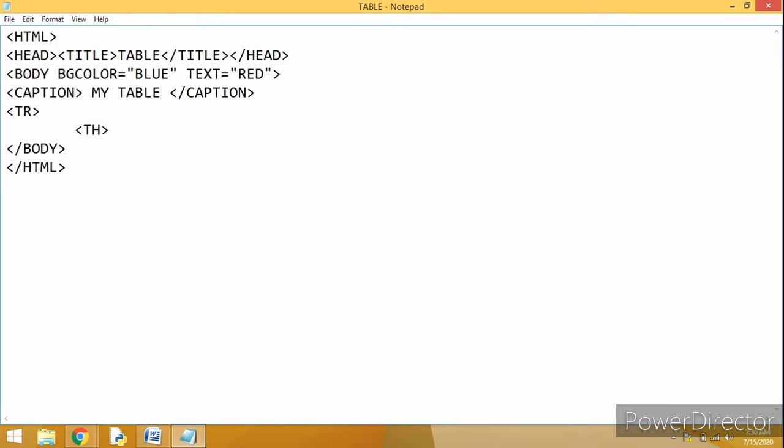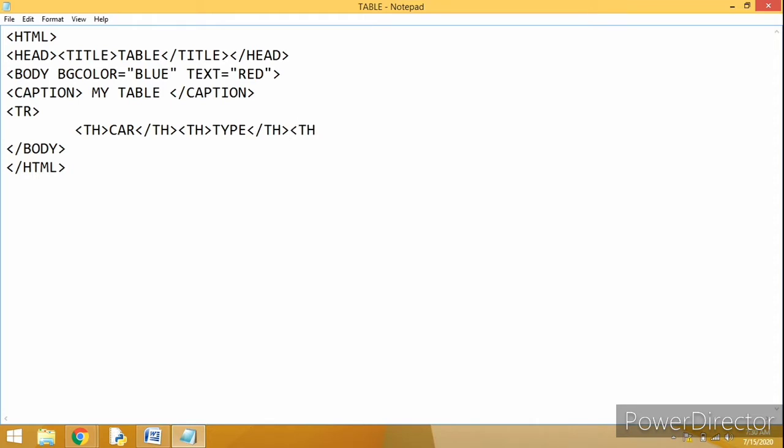What was the very first table heading? It was car, isn't it? So we have to close this. Then in the second column, the table heading was type. Again we have to close the th tag.